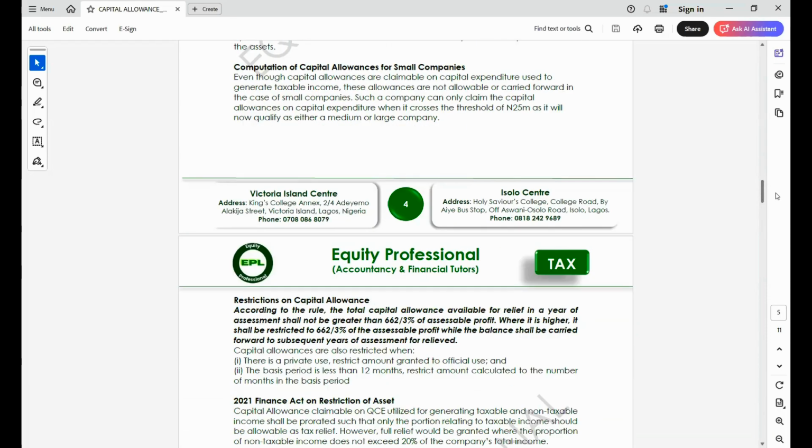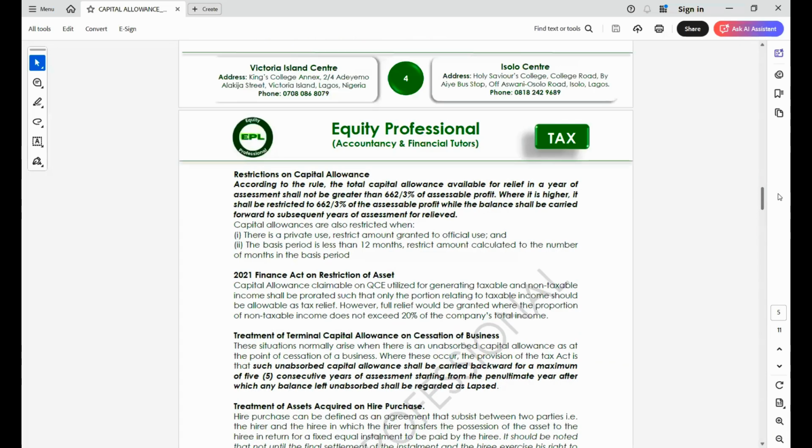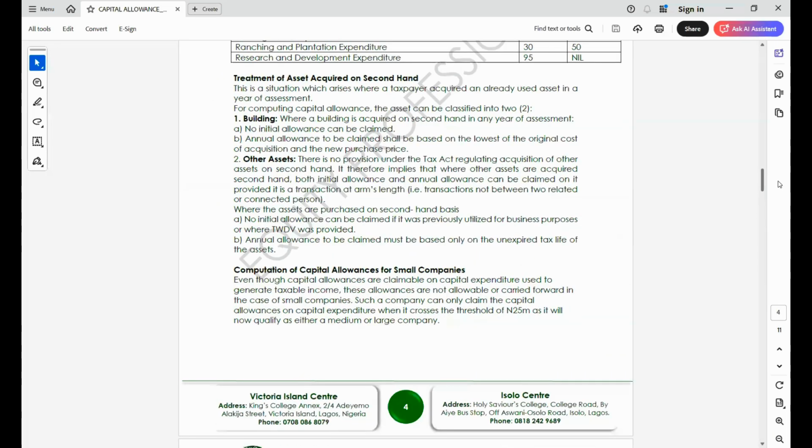Computation of capital allowance for small company. There are certain companies that are regarded as small companies. So what are those small companies? For now, they are companies with annual turnover of 25 million naira and below. Where your turnover is 25 million naira and below, it is expected that your tax rate is